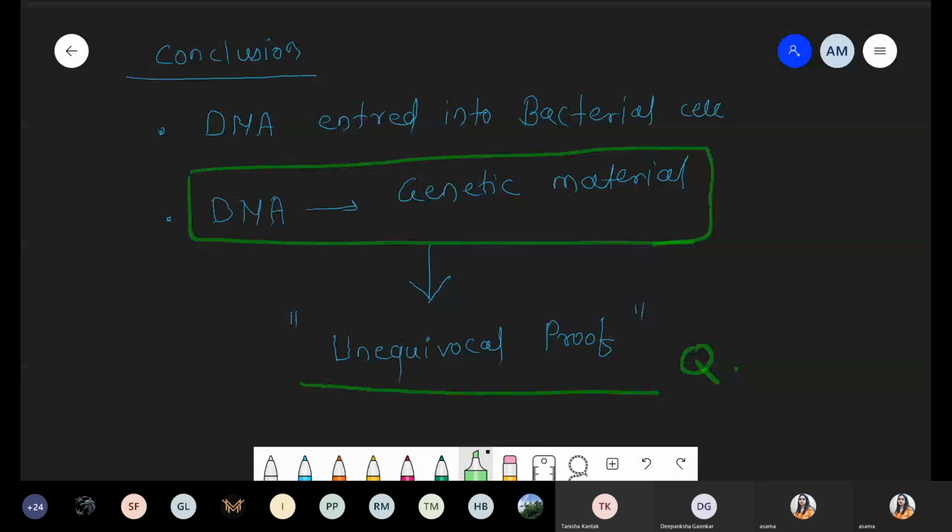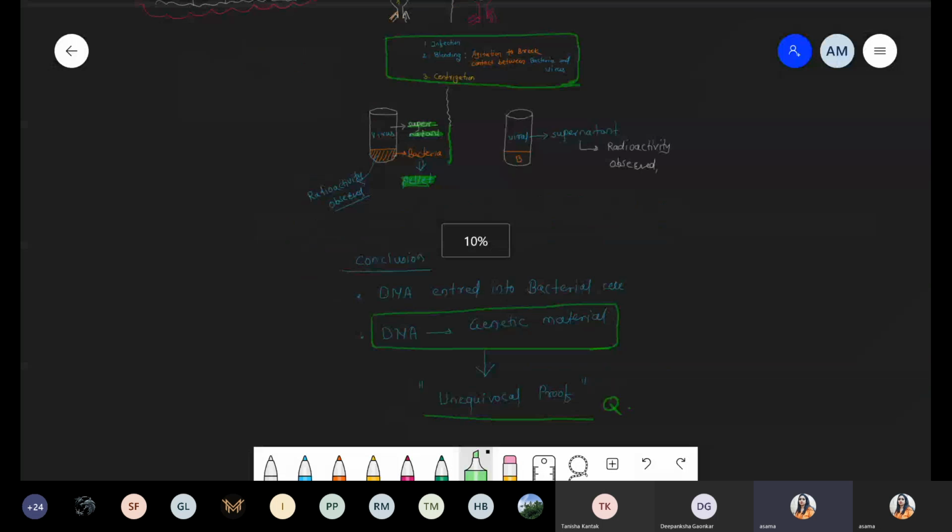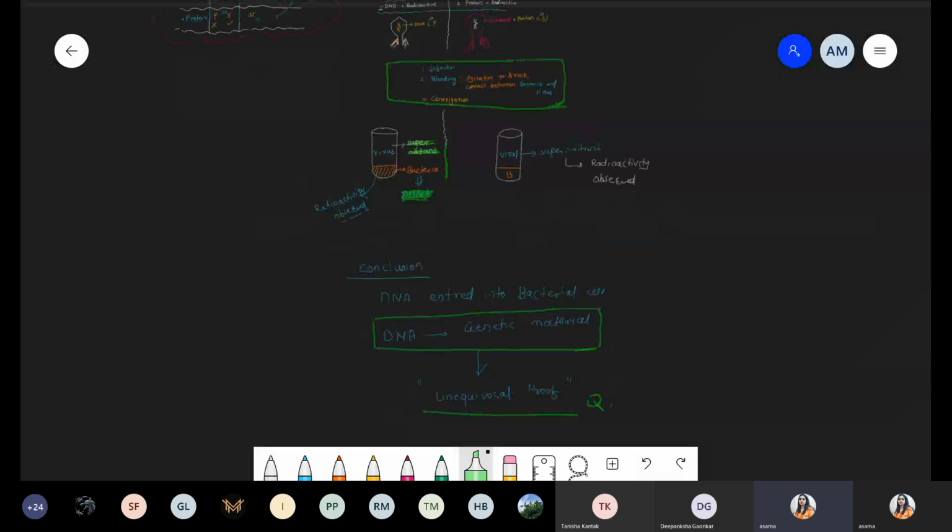Got it? Is this point clear, everyone? See, this is a very easy process. Just read carefully. Read the NCERT because it totally depends on the NCERT. It is a very simple experiment because we just want to prove that DNA is the genetic material. During the NEET examination there is a straightforward question, and you may also have to write it in your school examination. So prepare, understand the process, meaning what steps are going on, and according to those steps you can write down a complete essay. So step by step. Got it?